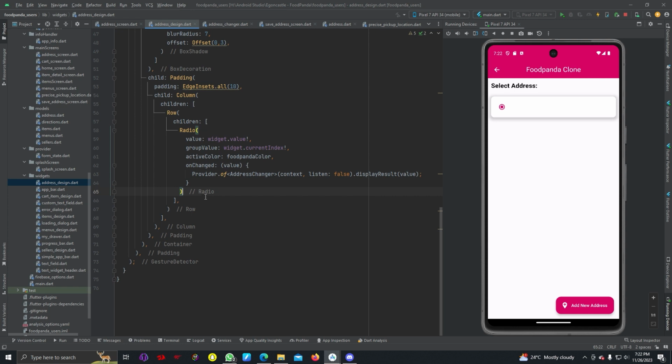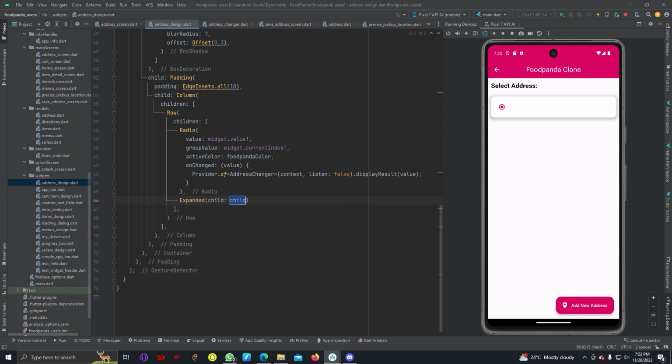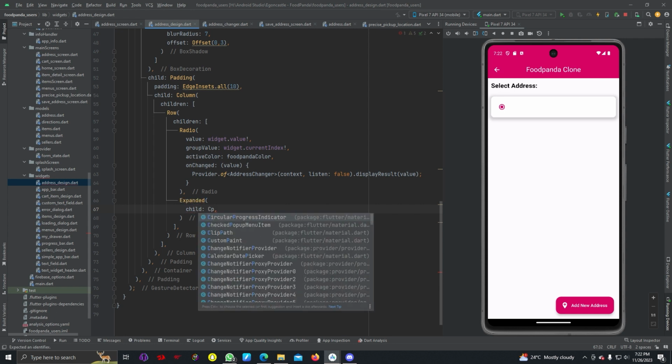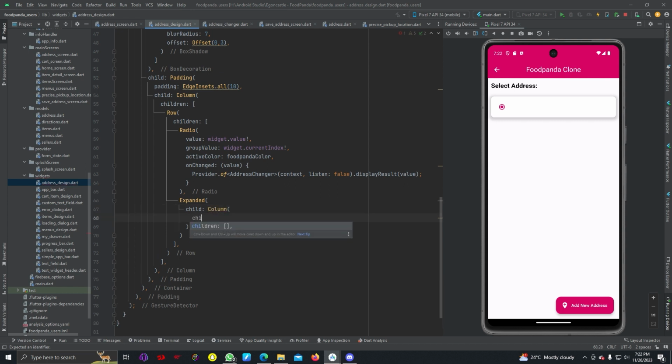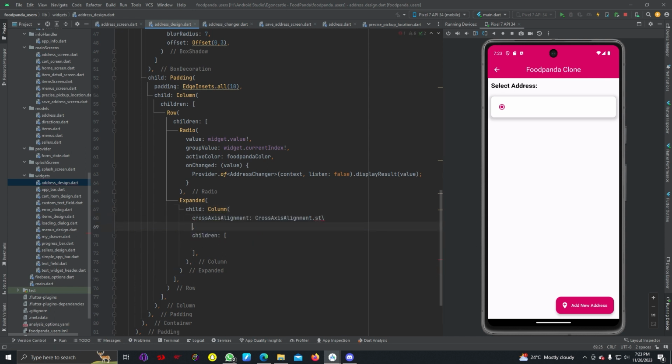And after this radio button we can add expanded widget, child, column, and cross axis alignment dot start,